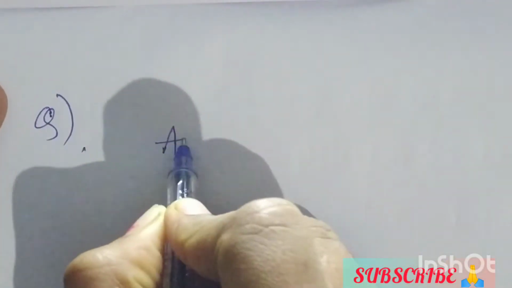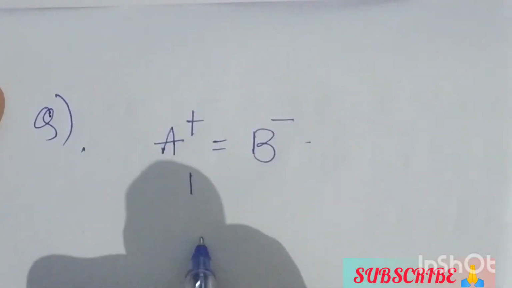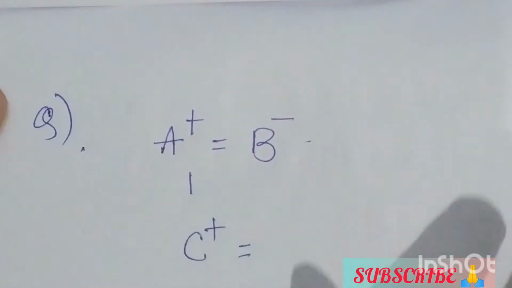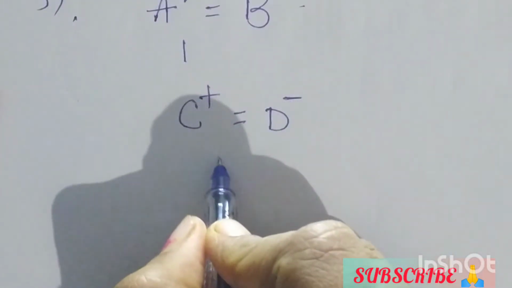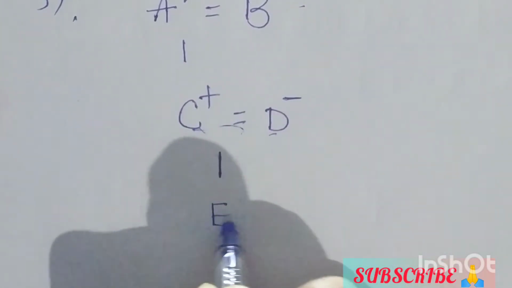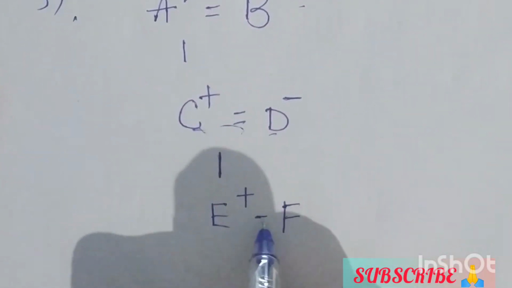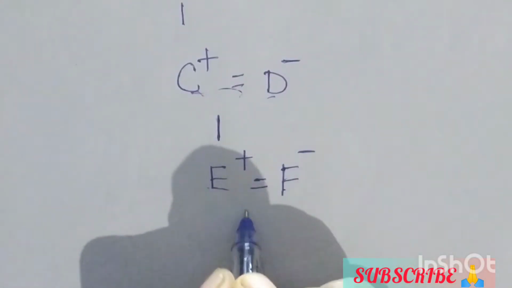Now let us see some questions based on blood relations. Let's get started. So our first question is: A is married to B, has a child C who is male, and C is married to D. C and D have a child E who is married to F. Then these both have a child G.